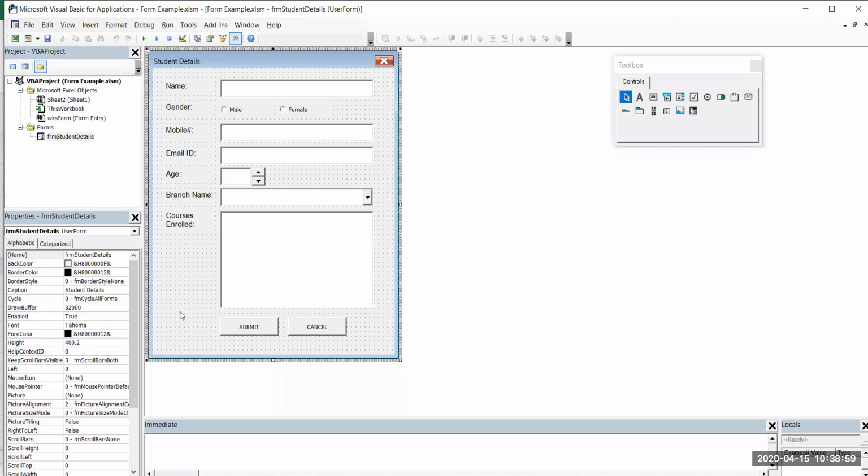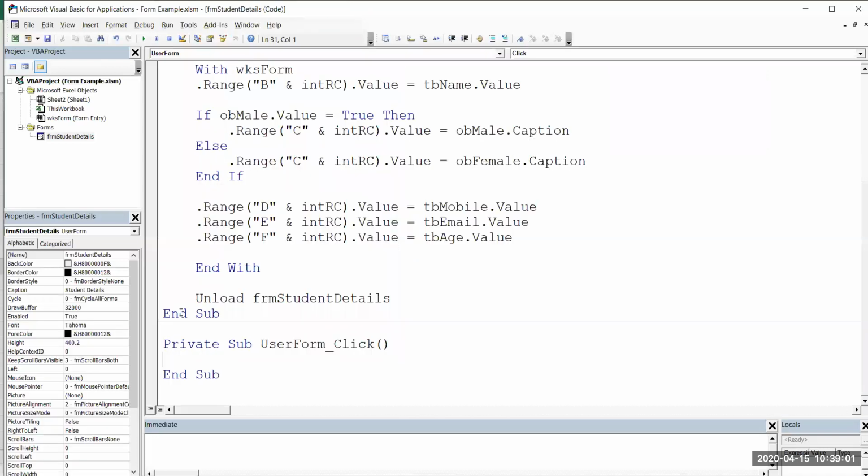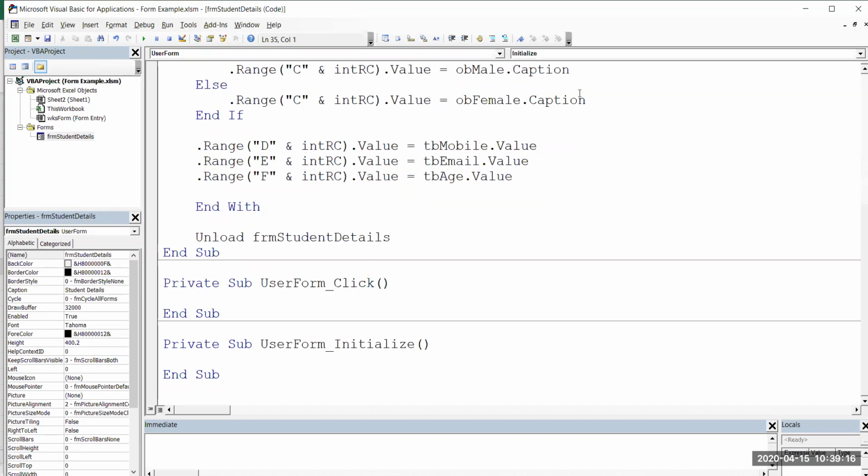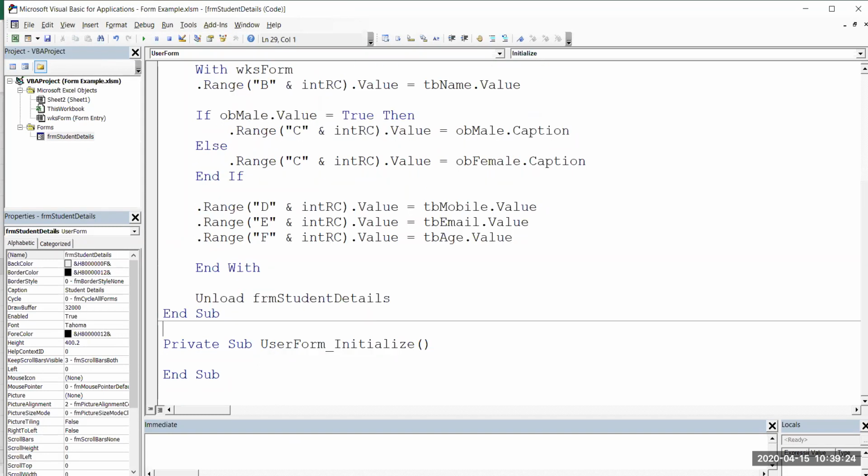You have to double click on the user form. Double click on it. You will get this user form click. Just change the event over here. I am not going to write a program for click event of user form. It should be for initialize. This is what we want now. Initialize runs whenever the form is opened. What should happen? Every time the form opens, I want those lists to be added to the controls that we have provided there. So here I'll say